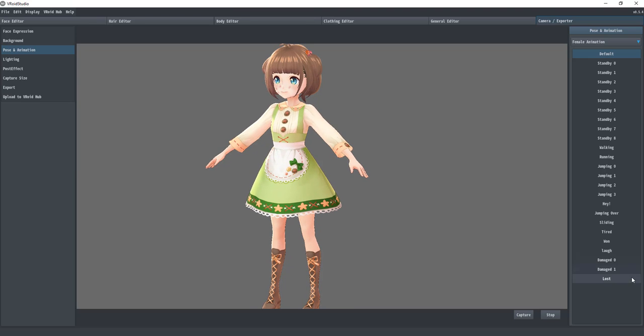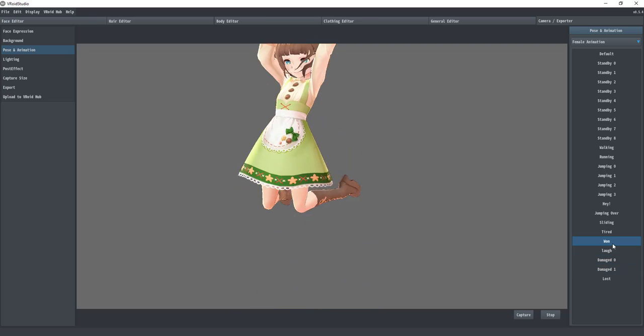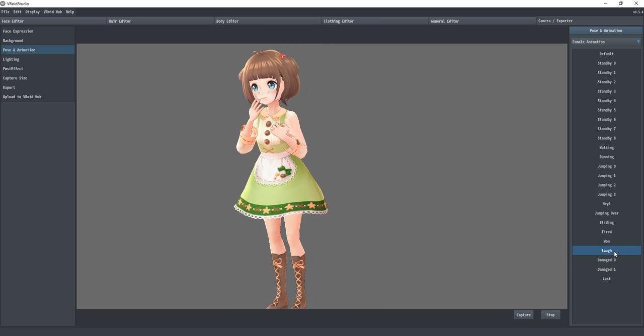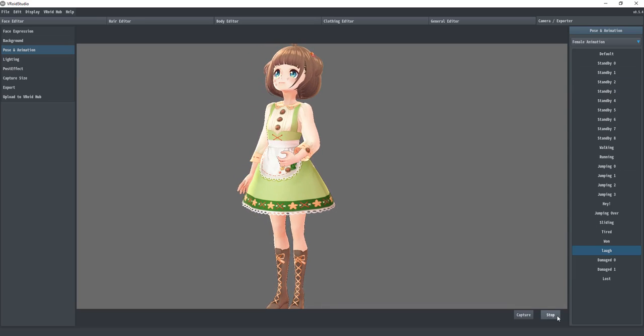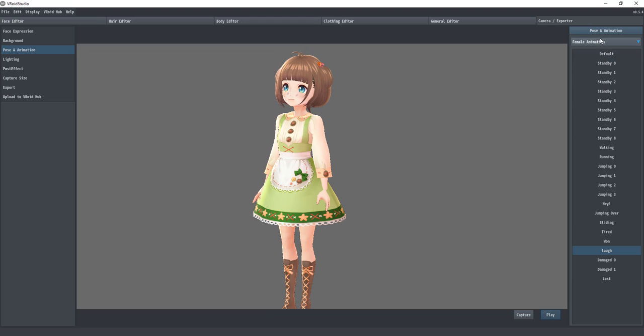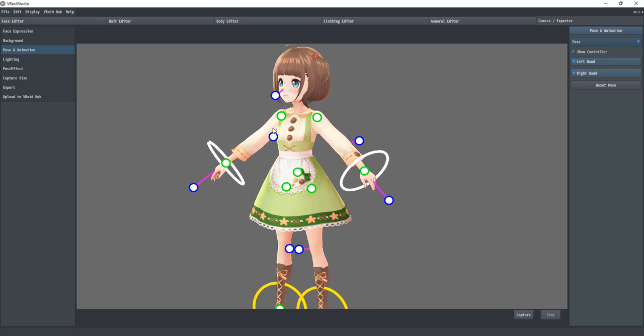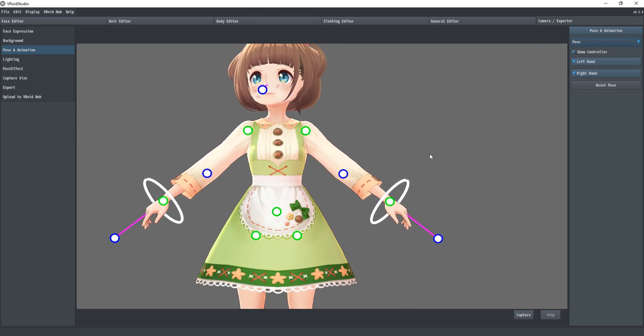So here where we have the camera, you can see we have different animations. Okay, we have different animations. And then we have this other stuff that has to do with the pose. So for the pose, I'm just going to stop this animation from playing. For the pose, if you come through and click here and switch to pose, you can see that we have a bone hierarchy that has an IK